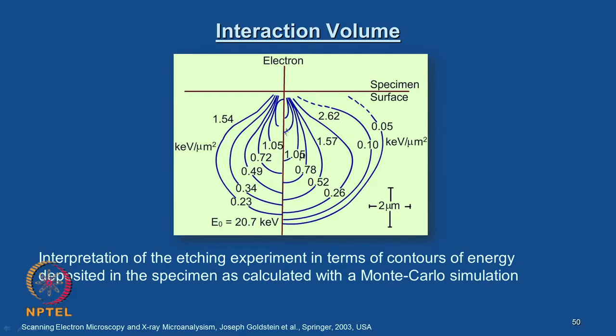And then the left hand side is the experimental measurement of how the energy varies from the surface to the core in 3 dimensions, and the right hand side is the same thing done numerically through Monte Carlo simulation, and you get very close agreement. So, the important point to appreciate here is that you get an idea of what an interaction volume is, how it occurs 3-dimensionally and what its dimensions are. So, it gives you a basic outline about an interaction volume.